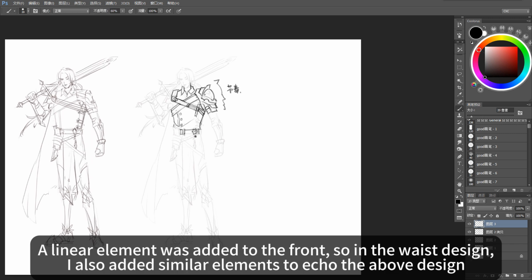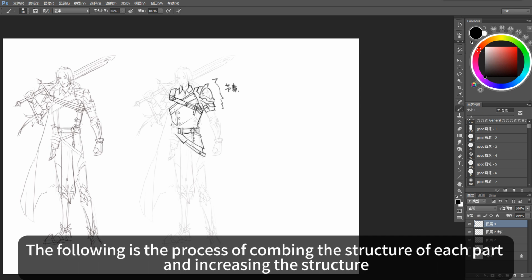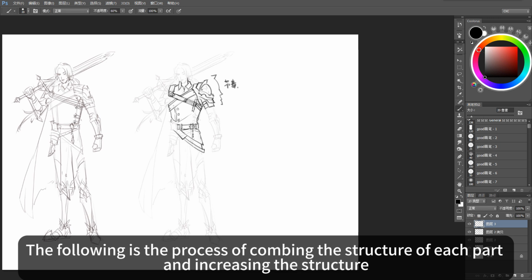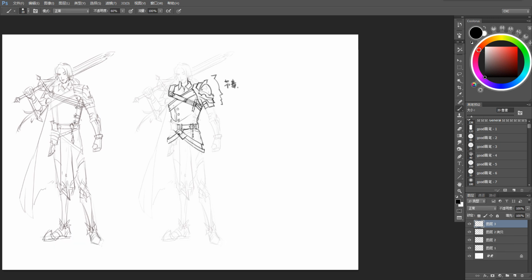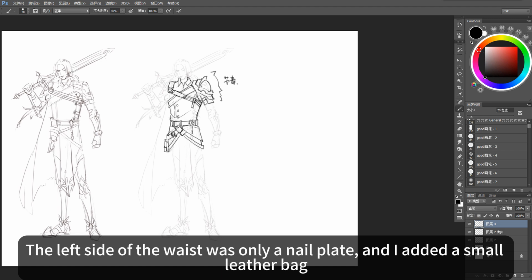A linear element was added to the front. So in the waist design, I also added similar elements to echo the above design. The following is the process of combing the structure of each part and increasing the structure. The left side of the waist was only a nail plate, and I added a small leather bag to add